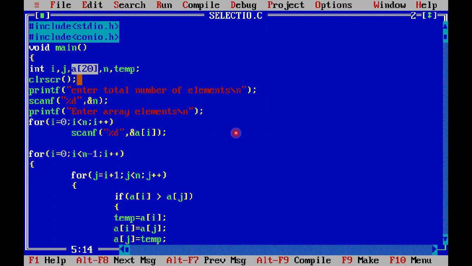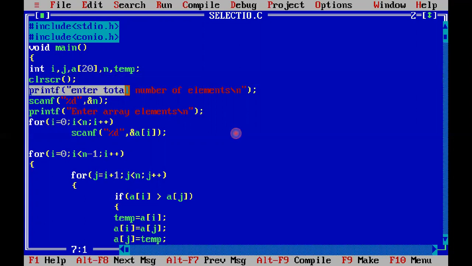Here the array name is a of 20, the size is 20, meaning the total number of elements. Then temp is a third variable which is used in the swapping process. i and j: i denotes the number of passes or steps required, and j denotes the element.